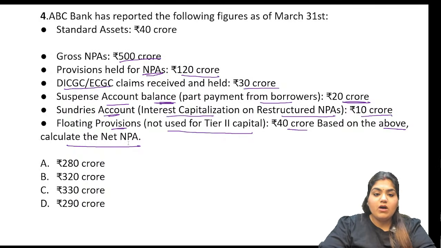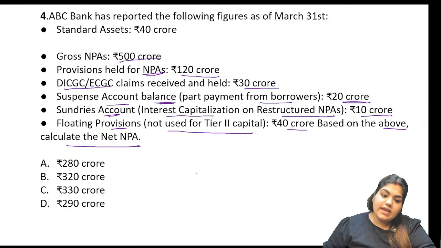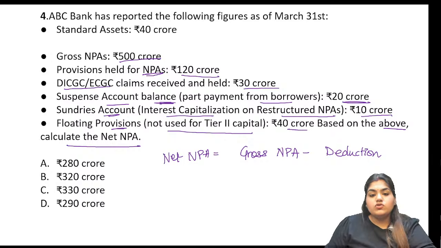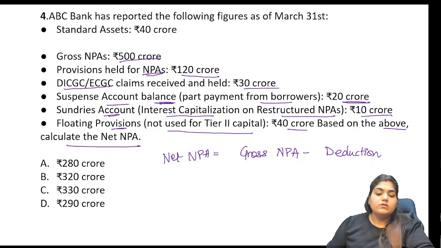Calculate net NPA. How to do that? Net NPA का फॉर्मूला होता है net NPA is equal to gross NPA minus all the deductions. Net NPA is equal to gross NPA minus deduction. What is gross NPA? Gross NPA is equal to substandard assets plus gross एक मिनट. Yes. So the gross advances